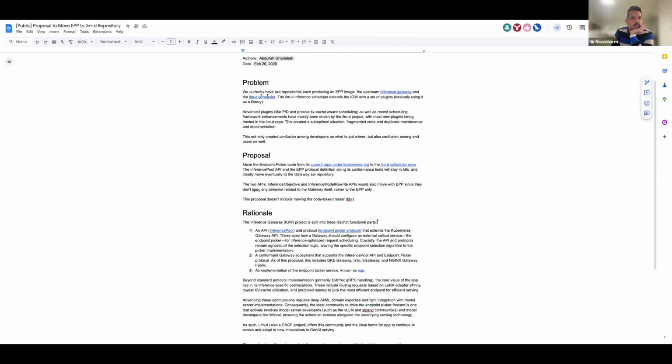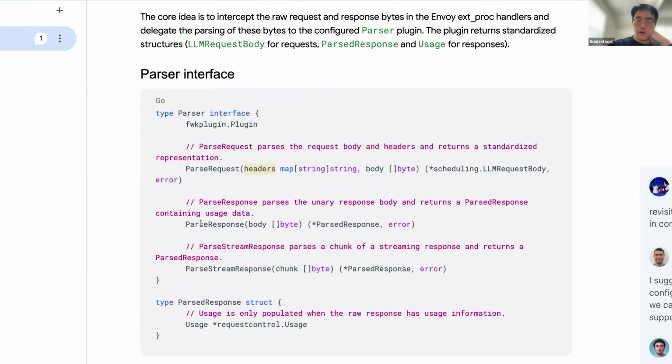But in the future, if there are multiple parsers, one simple change would be to accept multiple parsers, and then we will probably need to add a match request to do something. But currently, yeah, this is not in scope. Okay, so assuming we have a single parser, just in terms of UX, I would probably give the parser its own section in the config